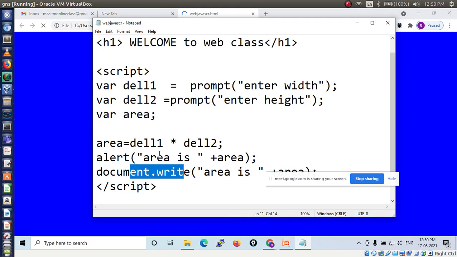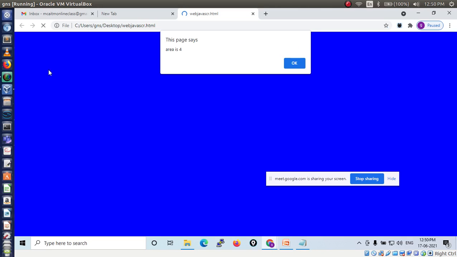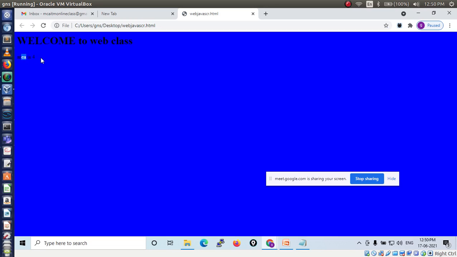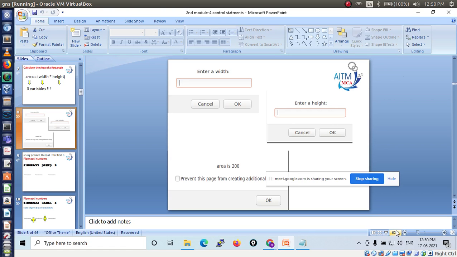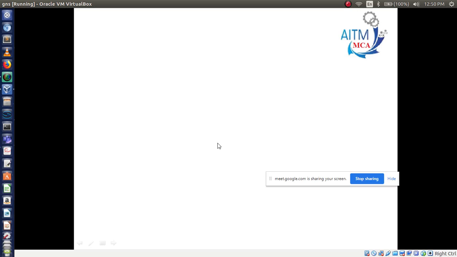After clicking on OK button for this alert, then you will have the result here in web page. See, 2 statements you have written, that's why you are getting 2 kinds of results. So this is about alert box. Is it clear?